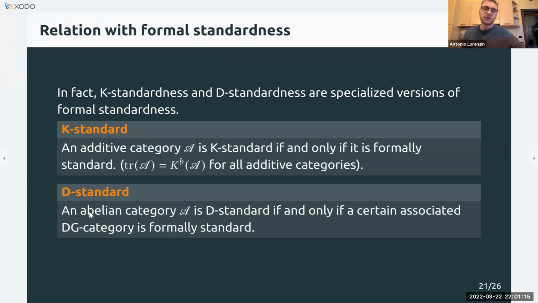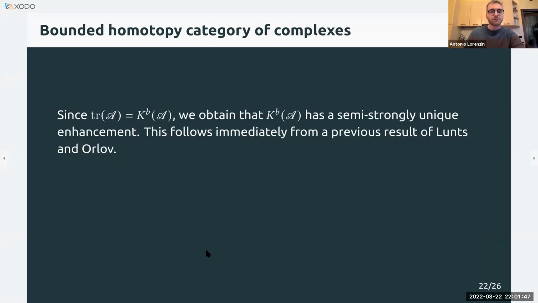For D-standardness, the situation is a little bit different, but we still have that D-standard is something like formal standardness, but we have to move to a certain associated DG category. So we cannot work with A because the triangulated hull of A will be the bounded homotopy category of complexes, and we want to study the derived one. So now, since the triangulated hull of A is equal to the bounded derived category of the bounded homotopy category of complexes, we actually obtain the bounded homotopy category of complexes as